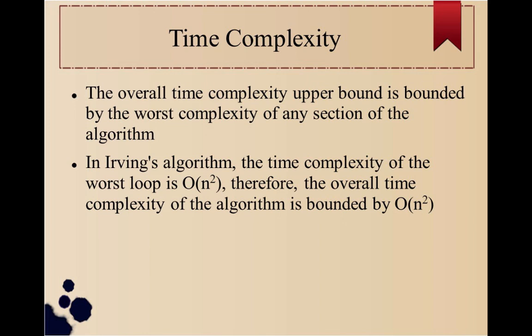We're going to make the presumption that you're already familiar with time complexity, in which case the time complexity upper bound is bounded by the worst complexity of any section in the algorithm. In Irving's algorithm, the time complexity of the worst loop is O of n squared. Therefore, the overall time complexity of the algorithm is bounded by O of n squared. There's a really good explanation about this in the analysis section of Irving's original paper, which we'll link to in